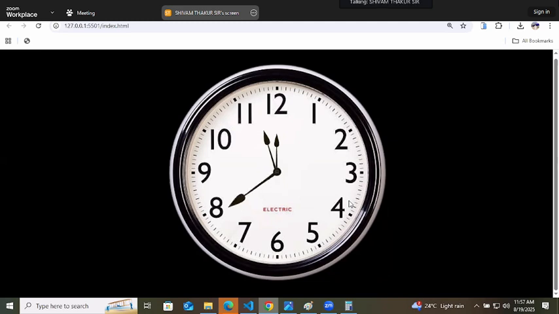So minute hand is moving or not? It is moving, but this time it is moving with every second. And last time it was moving after every 60 second. So there was a lag. That's why I was not fetching the code from internet.